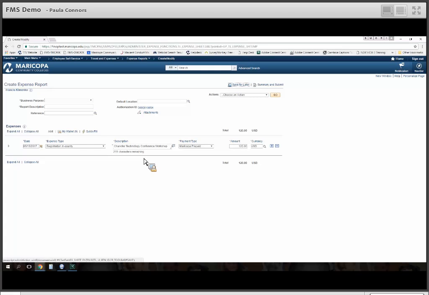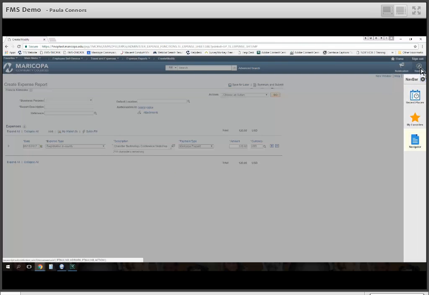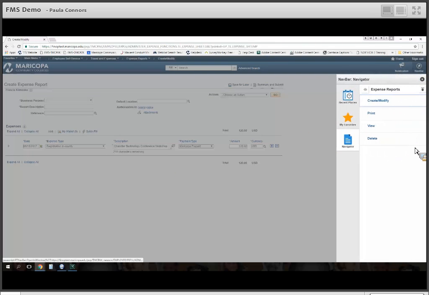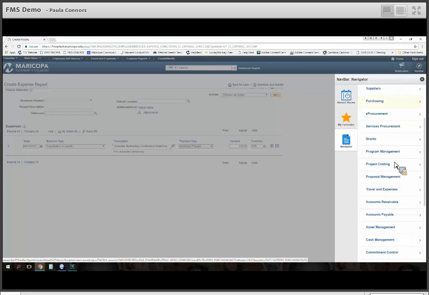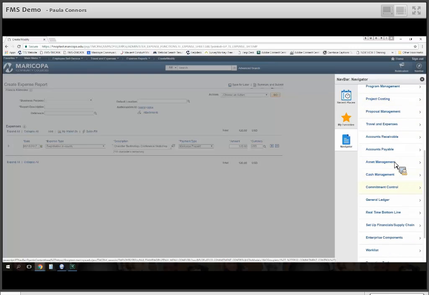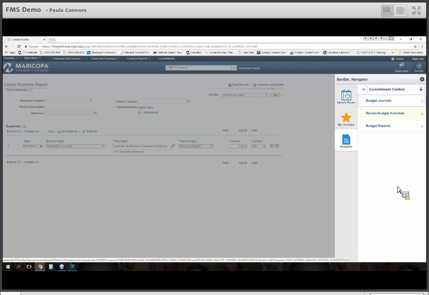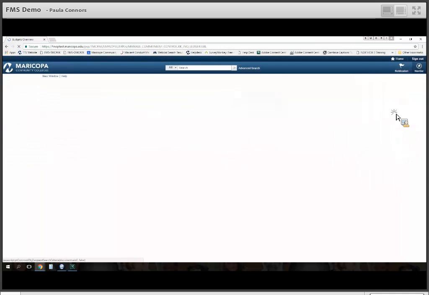Next, I'll demonstrate how to get to the expense budget review window. Navbar, Navigator. To return to my main menu, I'll click on Back to Root. And to review my expense budget, I'll follow the same path that we currently do now, which you might have to scroll down a little bit to get to commitment control, review budget activities, budgets overview,